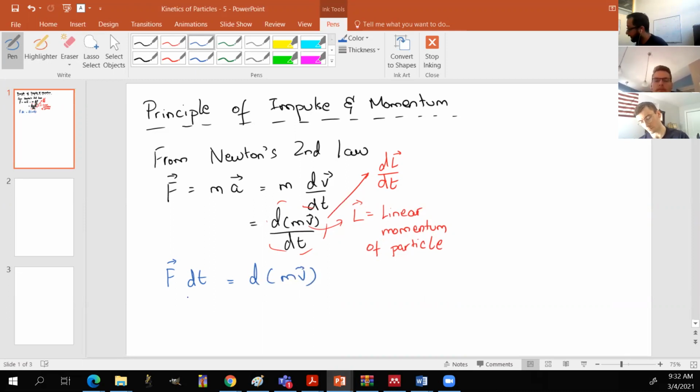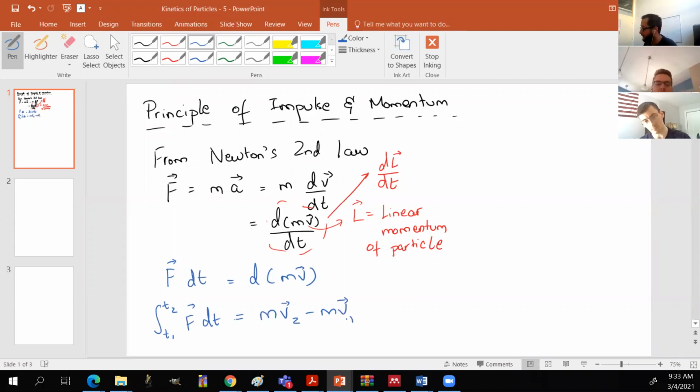are going to equal the differential, a small change in my linear momentum. So if I integrate this expression, I get this new expression where I'm integrating over a finite time period, let's say from t1 to t2. We're going F dt, and that is equal to integrating this. It's just the velocities at those two different points. So you can say that that is equal to my momentum at time 2 minus my momentum at time 1,